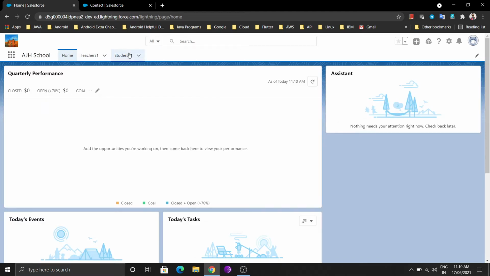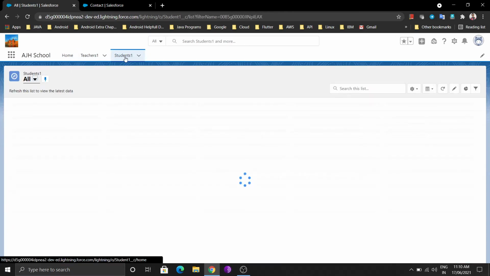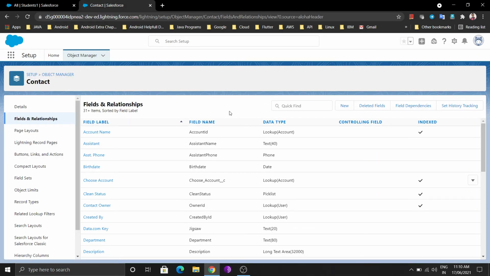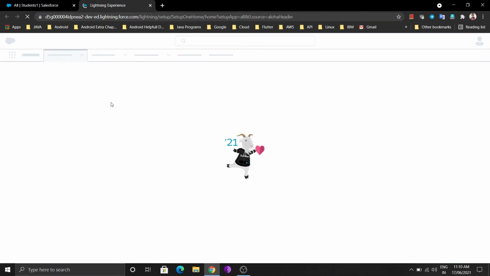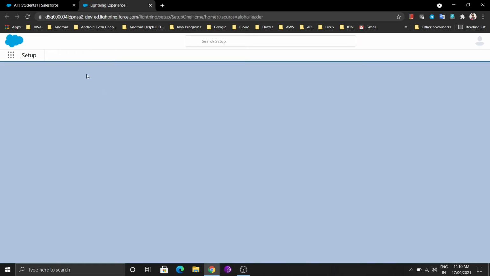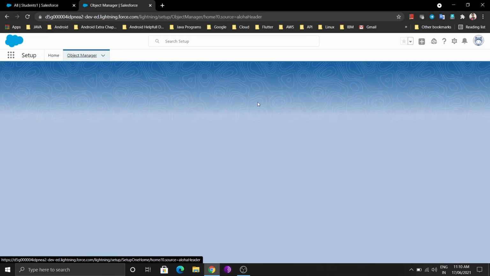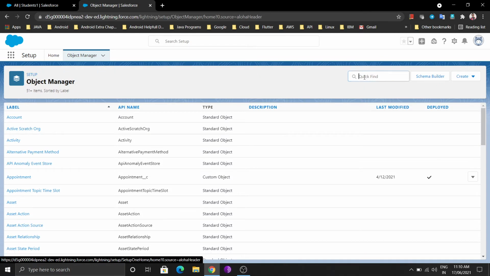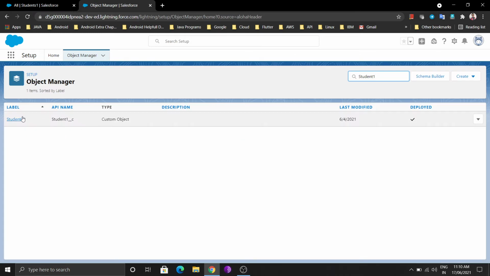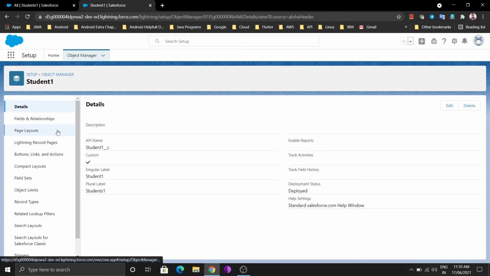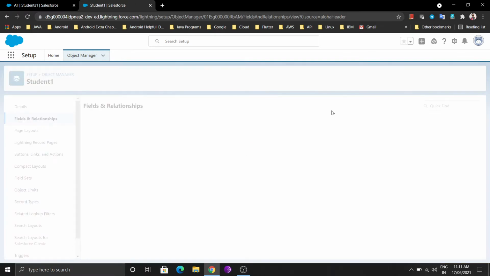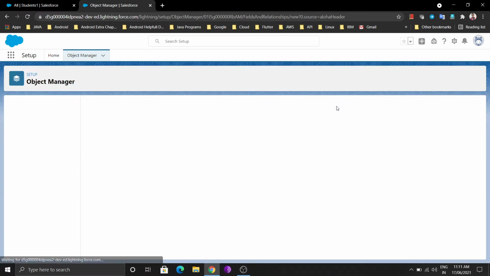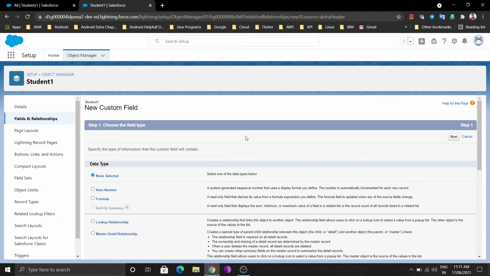If you want to create a custom lookup relationship on the student one object, you have to do the same process which we already did. Go to setup and select object manager. In object manager select the student one object. Search in the quick find box for student one, click on it, choose the fields and relationships section and click on new. In that case we are going to create a lookup relationship on custom to custom object.